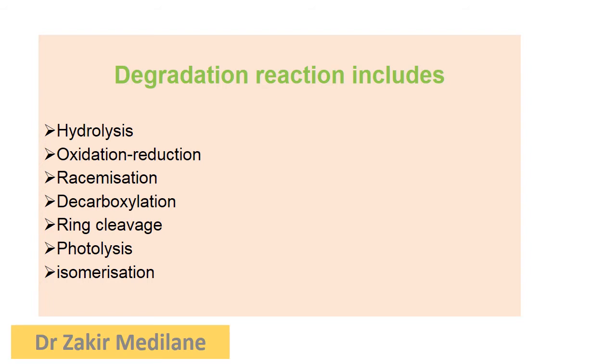These things we have read, but to recall the subject once again I am discussing it here. Oxidation and reduction reactions combined are called a redox reaction, a type of reaction that involves the transfer of electrons between two species. An oxidation reduction reaction is any chemical reaction in which the oxidation number of molecules, atoms or ions changes by gaining or losing of electrons, which is called an oxidation reaction. If you see the next one, that is racemization.